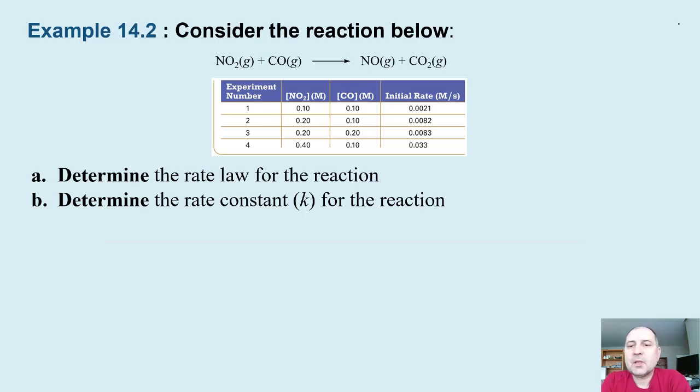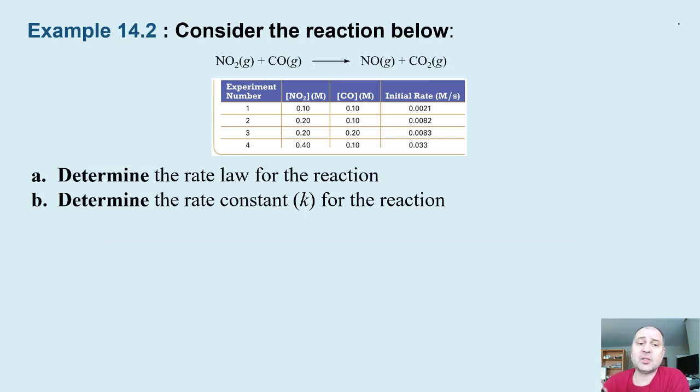Okay, let's take a look at a more complicated reaction. This one has two reactants, and so we can have independent orders of each of the reagents, and then there's an overall order as well. And this time we're going to look at a data table and determine the dependence of, or the order of